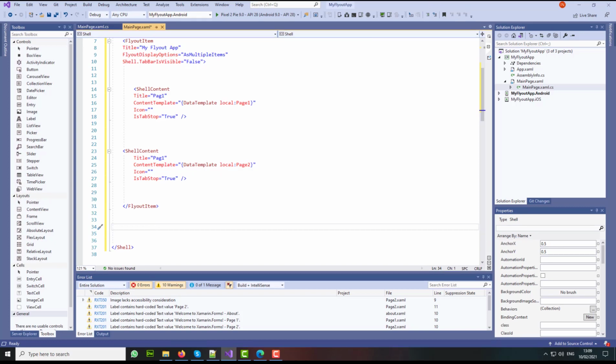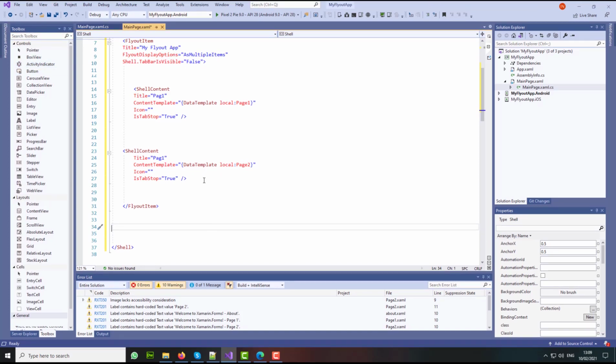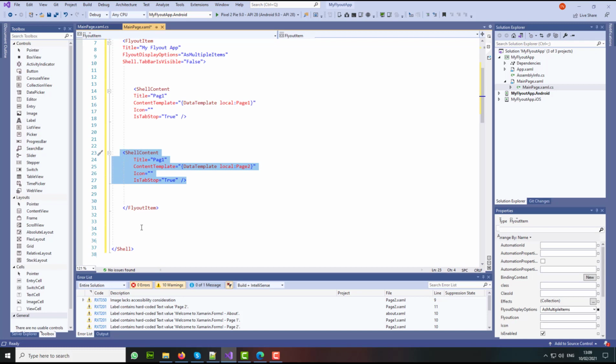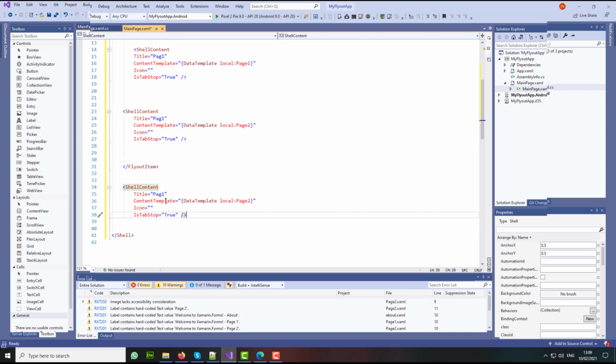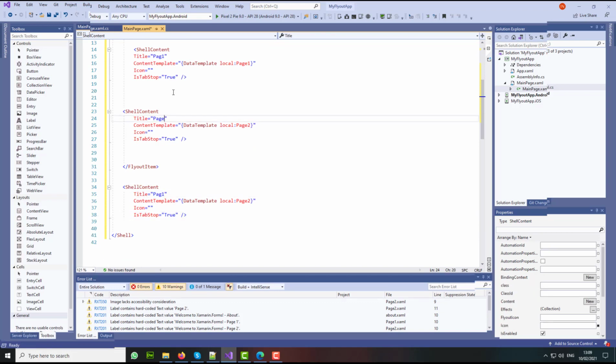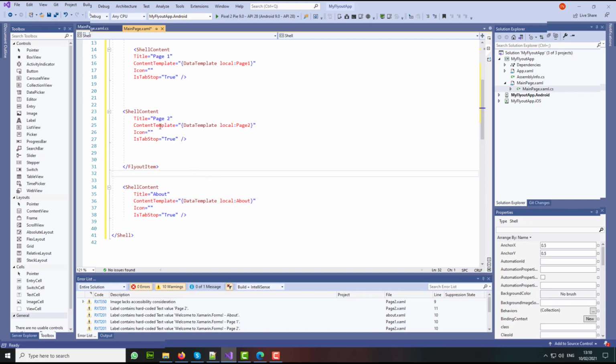So I'm just going to create now a new shell content. So I'm going to copy this. I'm going to paste it outside the flyout tag. And I'm just going to call this page, oops, let's call this page 2. And this is page 1. So we can put spaces, it's only a title. And here I'm just going to call this page about. And I'm just going to rename this to about. Okay. So now I've got the